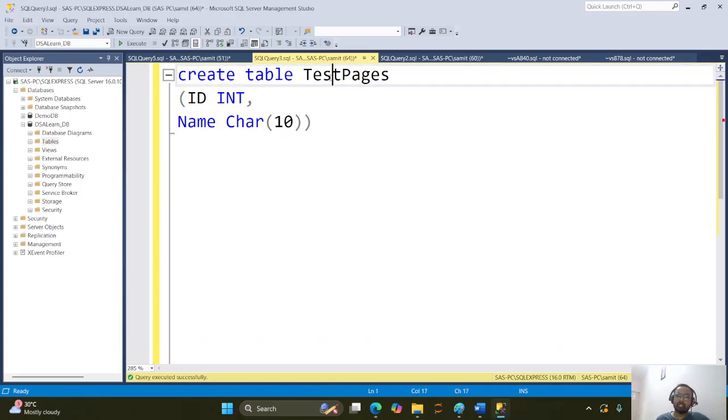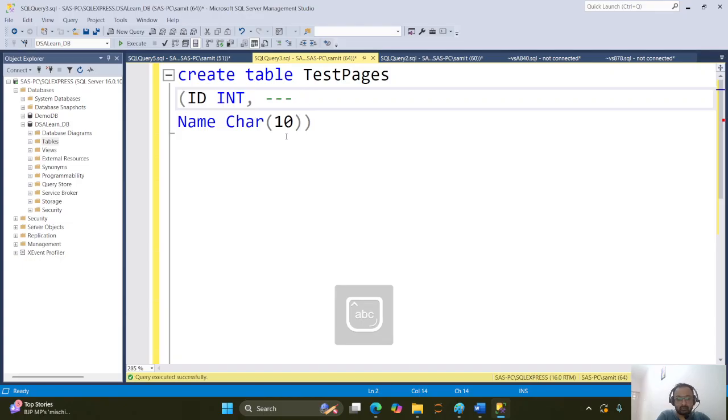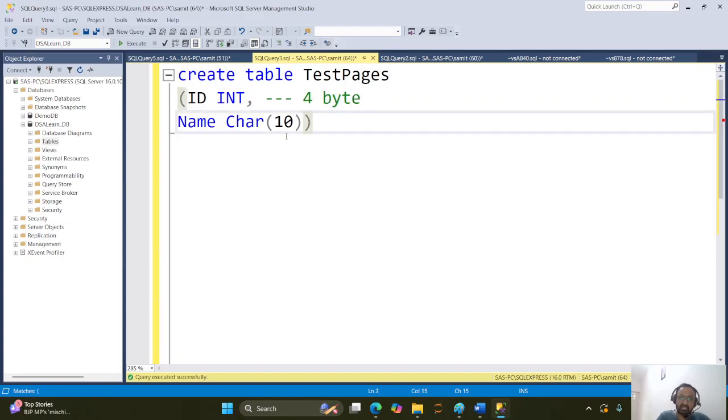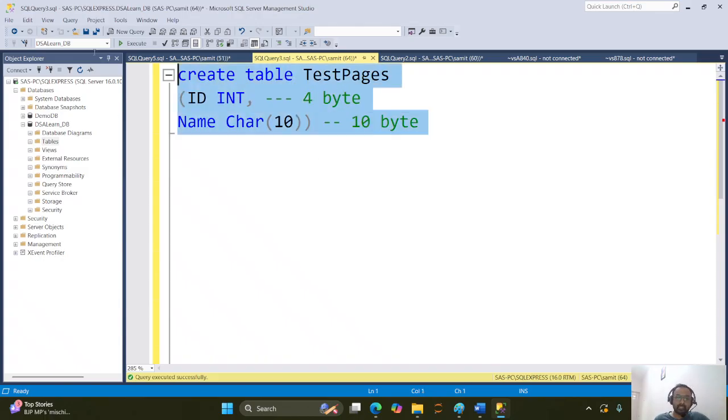So what I'm doing here is creating a table called test pages. So I have an ID. ID is integer, so integer will take 4 bytes, right? And I have char of 10. So it's a fixed length. It will take 10 bytes. So when we are talking about storage, this table is going to consume 14 bytes per record. I used char because if you are taking varchar, it is going to change based on the data you store. So in order to keep this consistent, I use char. So I am creating this table,